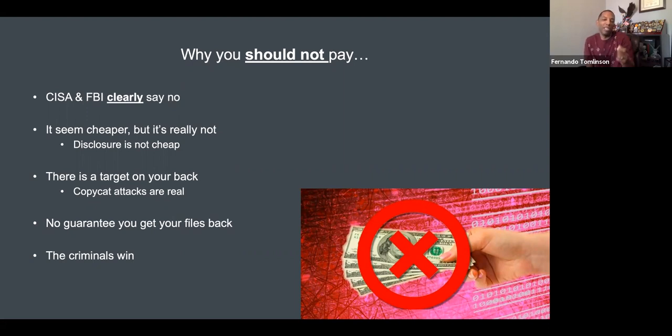When you're hit with ransomware, that doesn't actually tell you how somebody got in there. So if you don't ever plug those holes, you still become a victim later on. And because you paid once, somebody's going to come back to you. There's no guarantee that you're even going to get your files back. We talked about this with that decryptor not working, or even them not providing that ransomware key. And at large, the big reason is because the criminals, they're going to win, right? We're feeding into what they actually want.